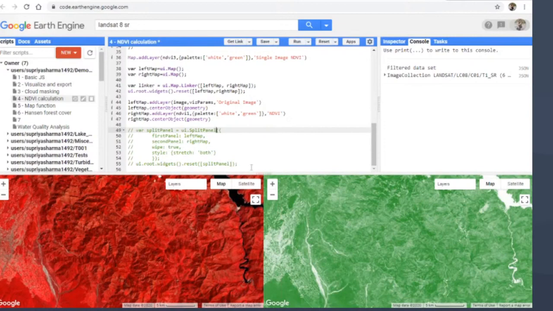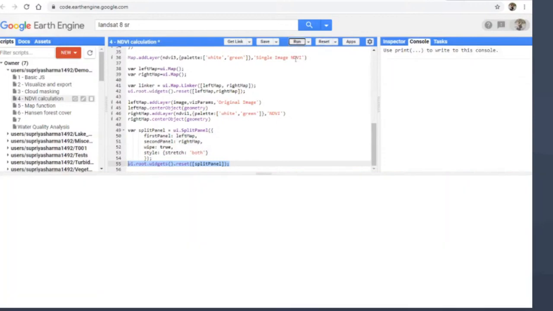Then, let me demonstrate the split panel that we had seen in the flood mapping tool during the course of the presentation. The split panel is instantiated by using ui.SplitPanel. It takes two panels as inputs, first panel and second panel. So I've specified the first panel as the left map and the second panel as the right map. And I've added the split panel to the root. So when I run this,